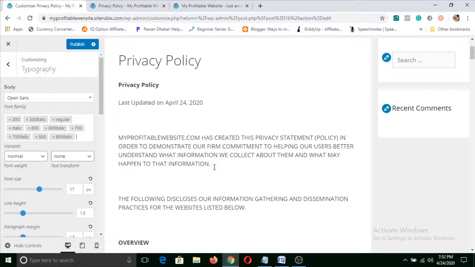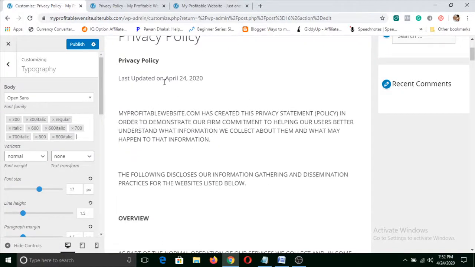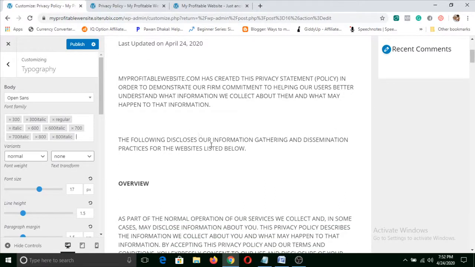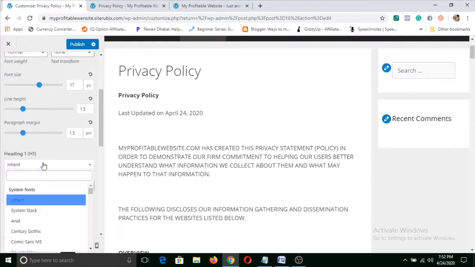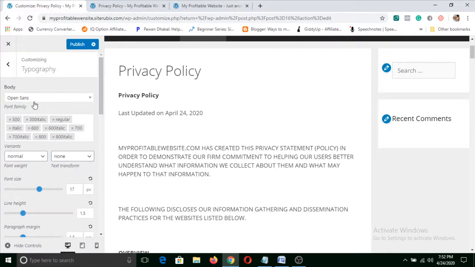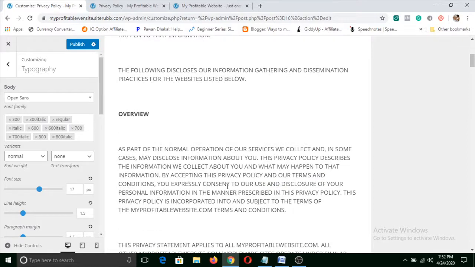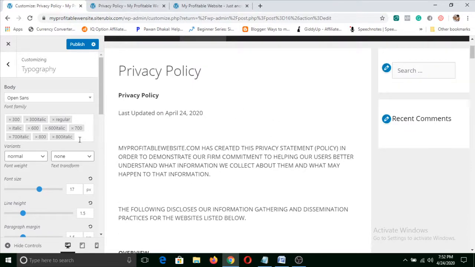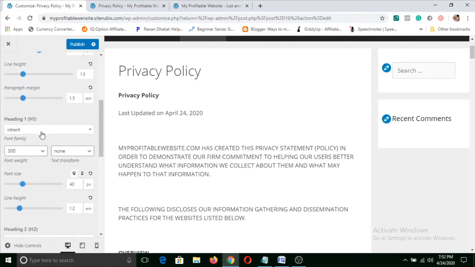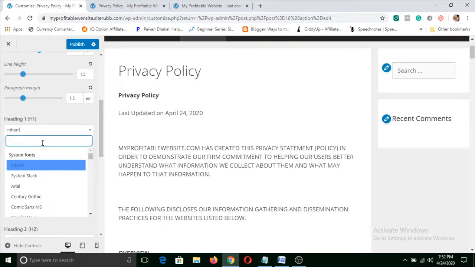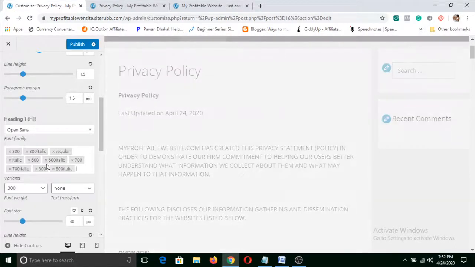Our text has changed a little bit and is more readable than the previous font. The changes we made were for the body, that means these paragraphs and whatever is inside them. Now we will change the header. We will use Open Sans for everything because it is a readable font.